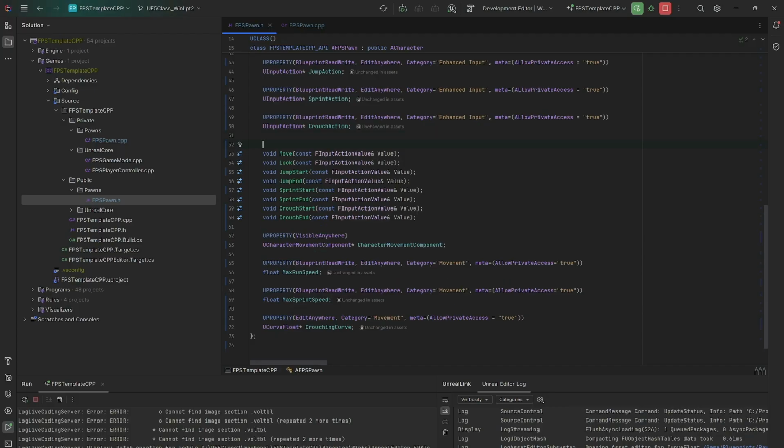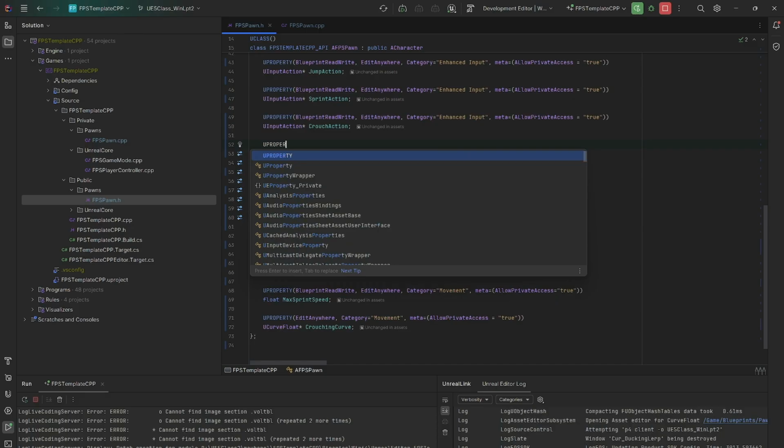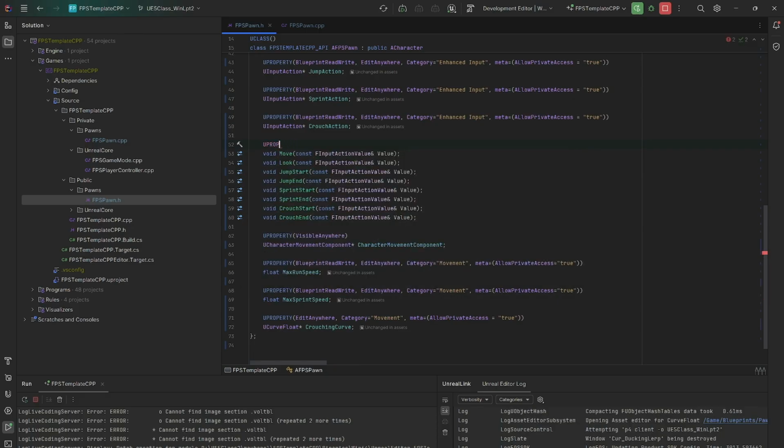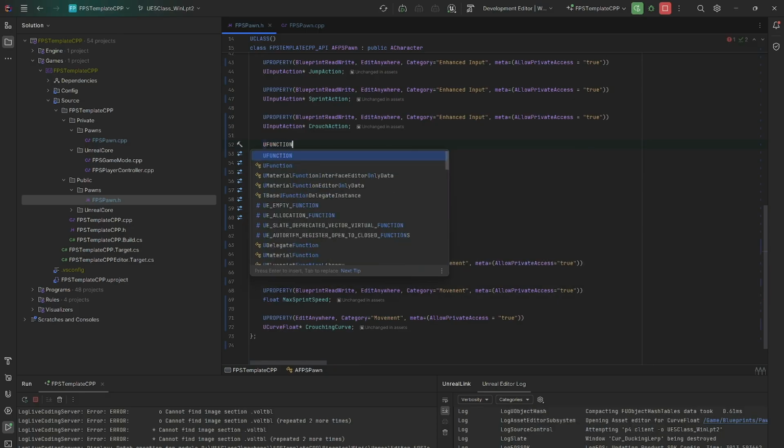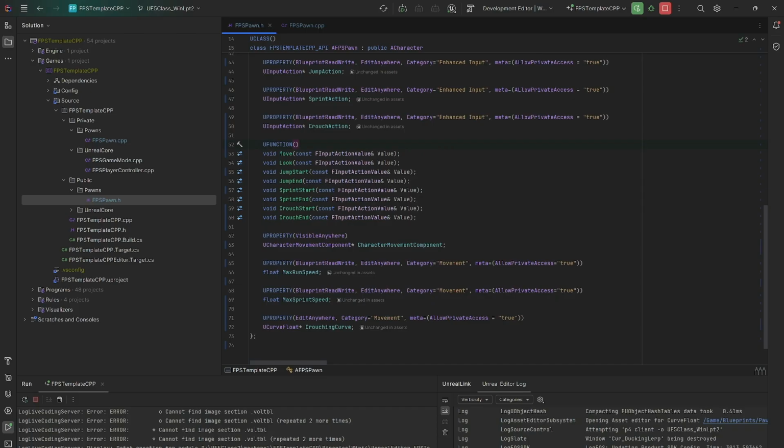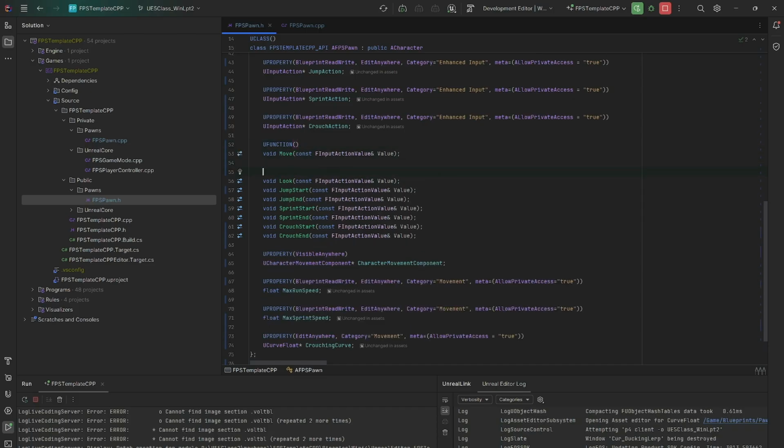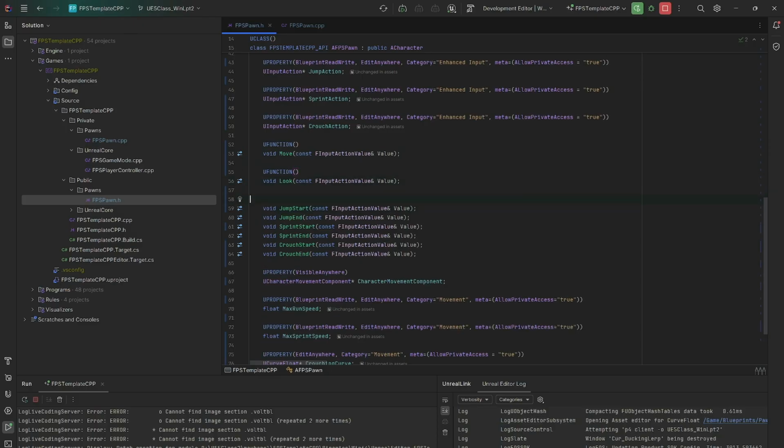Certainly for U properties, I believe you want that for garbage collection. So you always, even if you want to hide it, it's always good to just do U property, even though that's not a U property. Same thing with U functions. So I'm going to give it no particular specifier. I'm not going to make it public or callable in a blueprint. I'm just going to make it a U function, just so that the